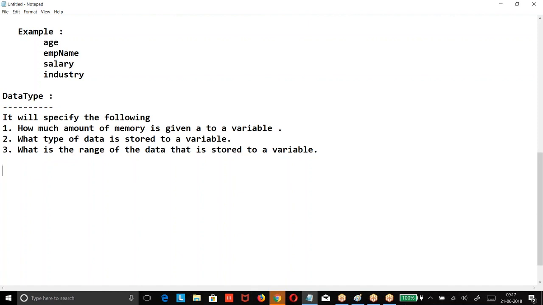Now, in Salesforce, in Apex programming, we have the following data types.